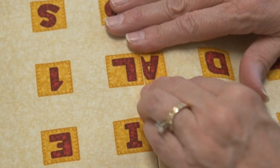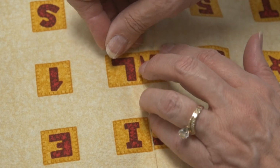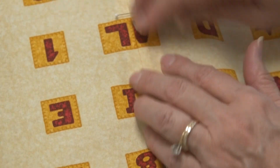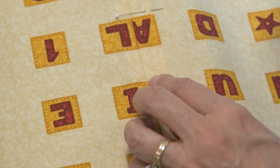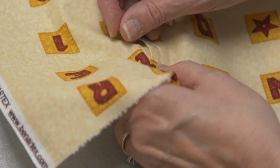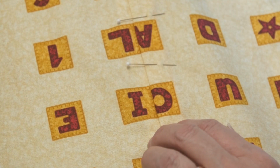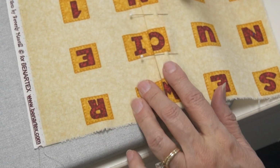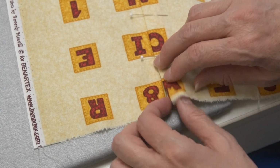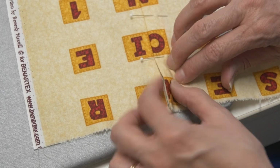So on your zippers, it's important to be accurate on your 5/8 when you stitch on your overlap pressed at 5/8 and your underlap pressed at 1/2 inch. You want to keep that nice and accurate. Okay, so I'm just going to keep going up here. And look at how nicely I've matched up this print. I cut it right along here, so it should match up, but it looks beautiful. Okay, so I've got that here,